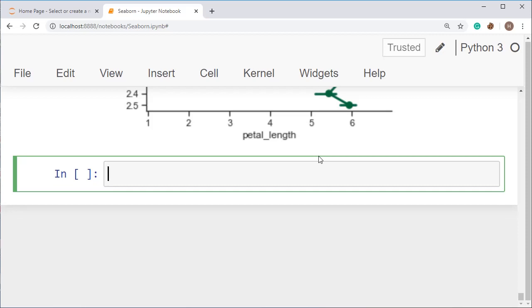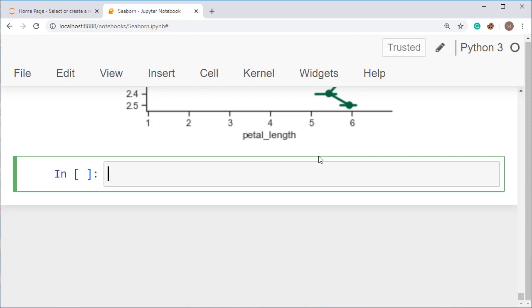You can work with the facet grid. It means if you want to analyze two variables, like if you are analyzing an IPL dataset and you want to compare the batsman runs of Shikhar Dhawan as well as Rohit Sharma, what do you have to use? You can use the facet grid for this. Whenever we need to analyze two particular columns, then we go for the facet grid.